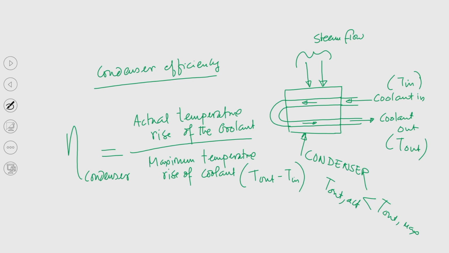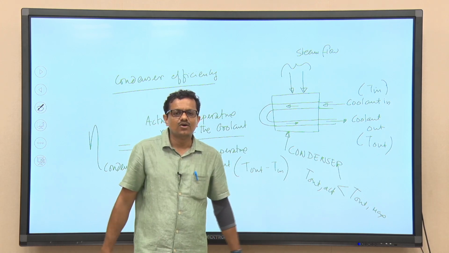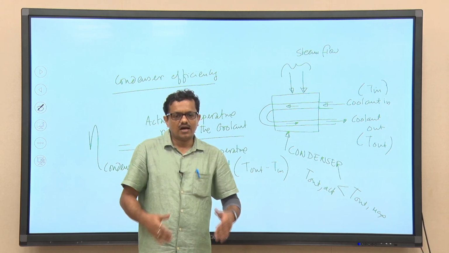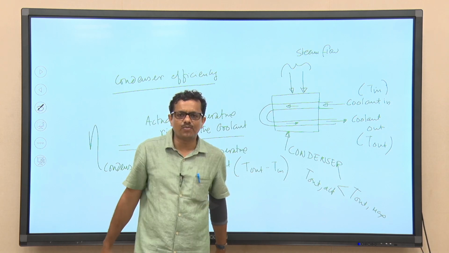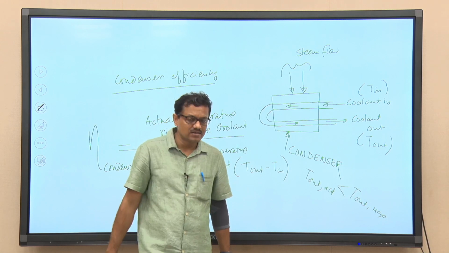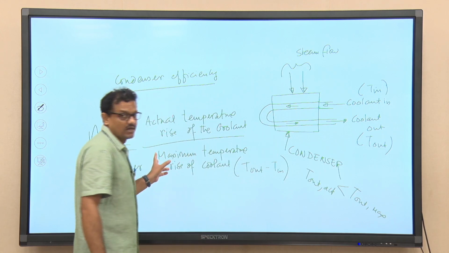Okay. So, to summarize today's discussion, we have talked about condenser, we have seen the necessity of having condenser in a steam power plant, we have also discussed about that by designing the condenser suitably, by operating the condenser at a suitable pressure, we can control the efficiency of the total plant, right. Now, when we are talking about increased efficiency, if I allow the condenser to operate at a low pressure, we are also going to invite another problem of air leakage, and this air leakage problem also will try to reduce the efficiency of the condenser.